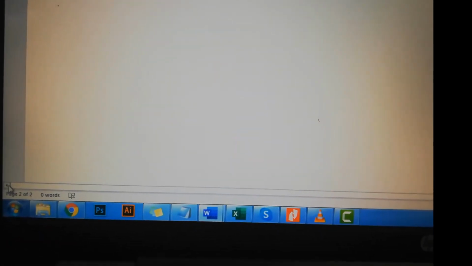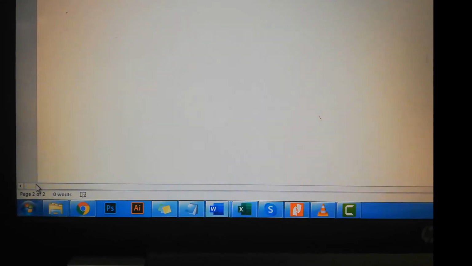Here is the arrow to move left. Horizontal scroll bar. And it's the scroll arrow. Click to move. It's the horizontal and it's the vertical scroll bar.